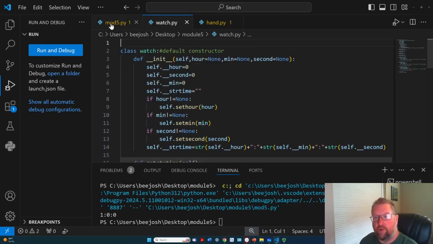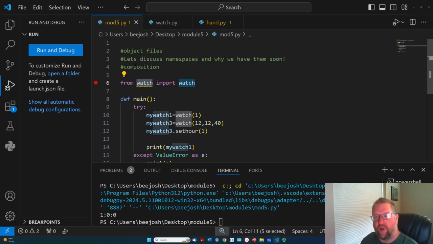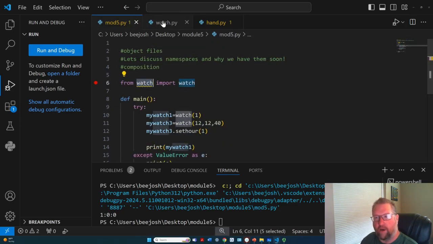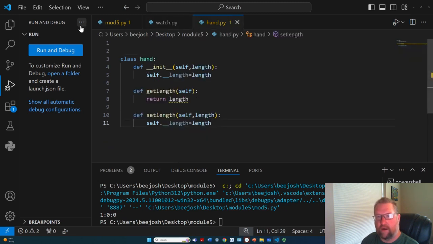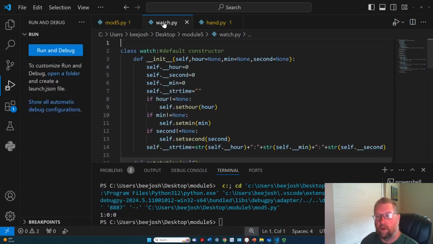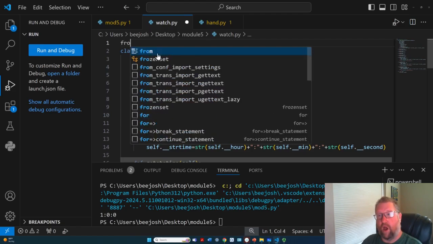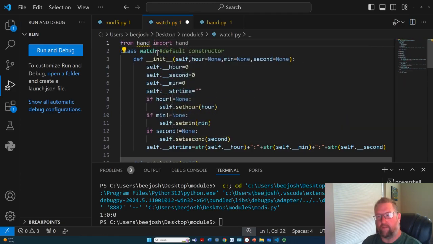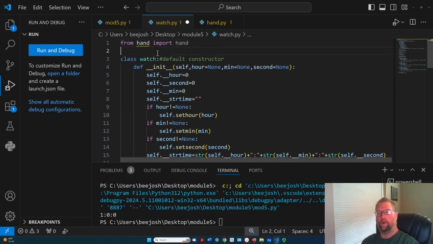So you don't need to do import watch or import hand over here. It's included in here since you're already importing watch. So I've got this hand created. Let's save it. Okay, so I'm going to say from hand import the hand object. Done. Okay, so then that means that now